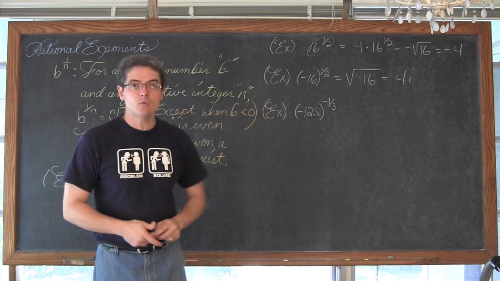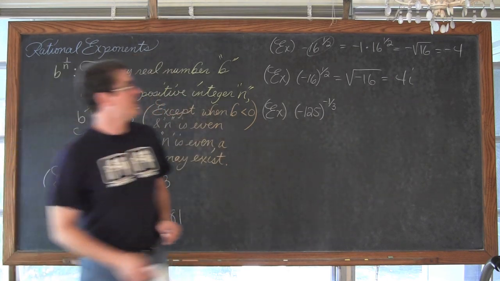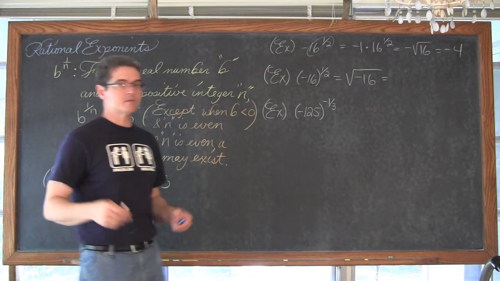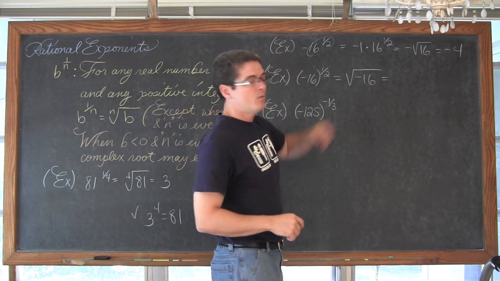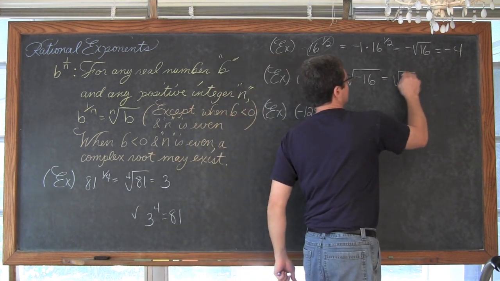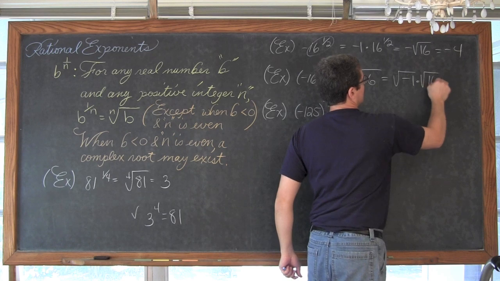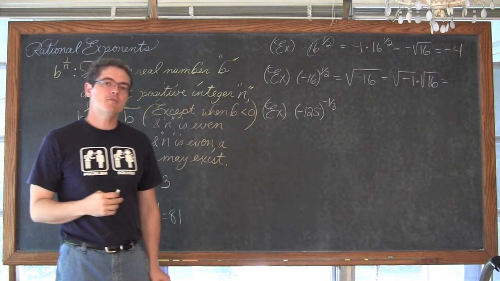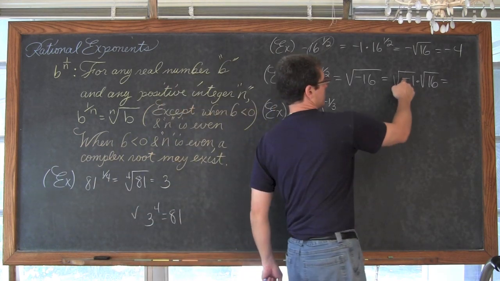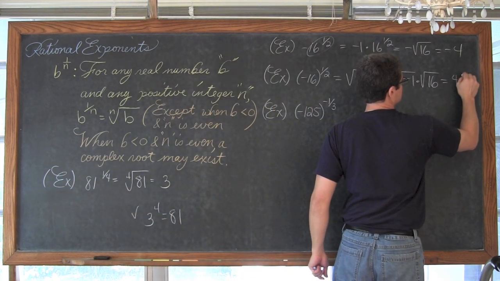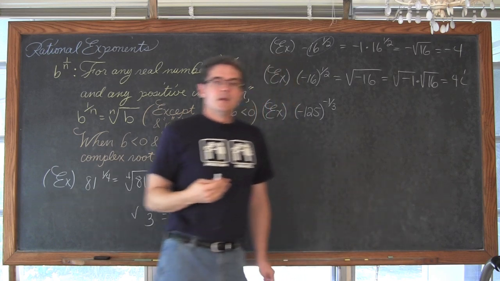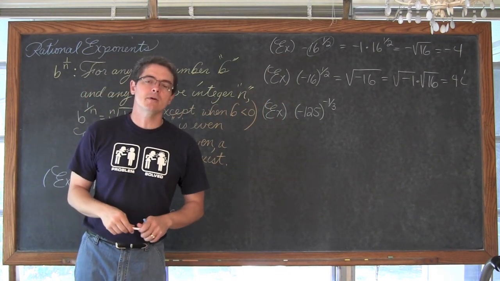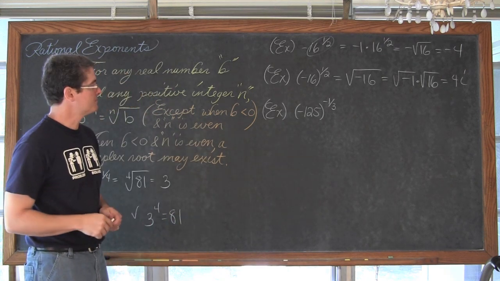This might be getting ahead of where you are in your math class, but just for argument's sake, because we're all using different books, we can rewrite this as the square root of negative 1 times the square root of 16. And that i that I just wrote there came from the square root of negative 1. The square root of negative 1 is i. The square root of 16 is 4. If you haven't learned about that and you're curious about it, just look up imaginary or complex solutions or roots.